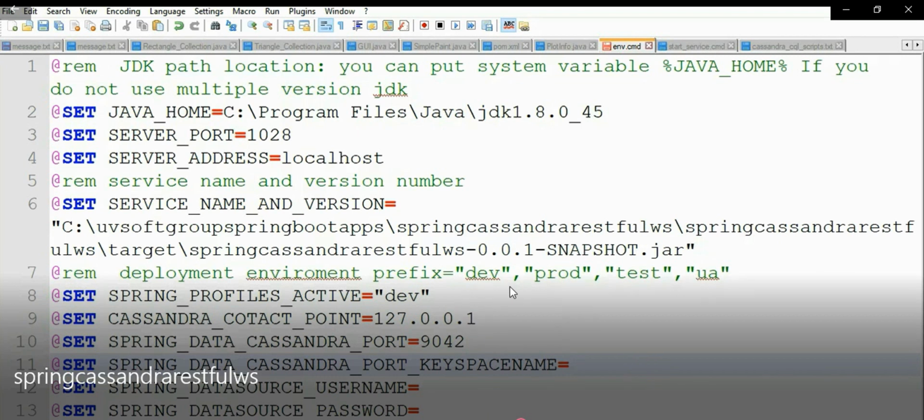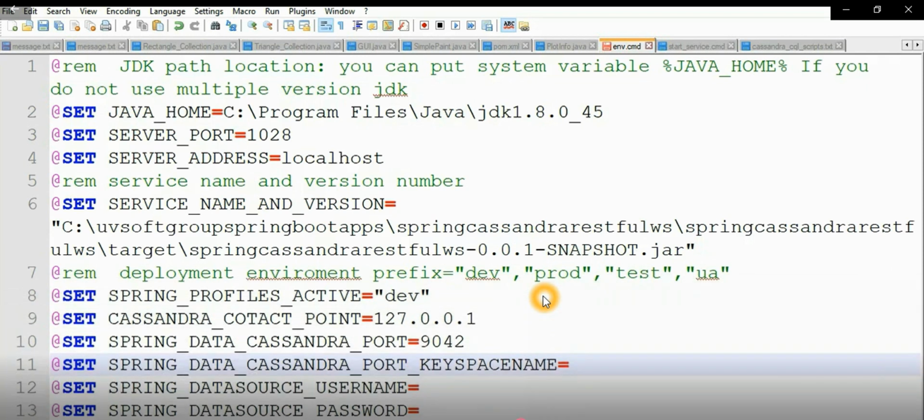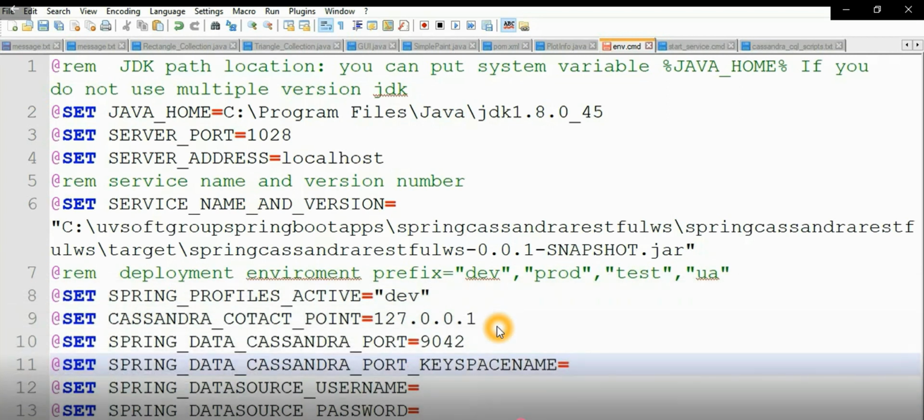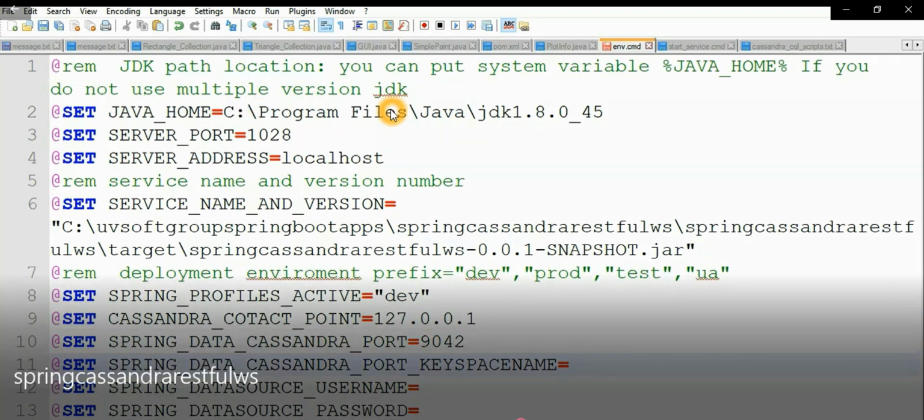The application-production, application-test, application-UA .properties. This means the jar file contains all the application properties files, and you try to override them with this prefix. So in our case, we set a prefix here for the development environment, which is the environment we try to install. If you are installing this application in production, just set production here, and if you are installing it in test, just set test, and it will override your application.properties files, depending on the machine,